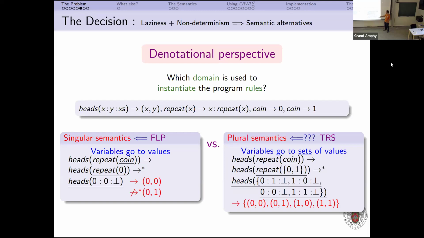Again, we have the same as before, and functional logic programming stands for singular semantics, and term rewriting systems are supposed to stand for plural semantics, where variables go to sets of values. So coin can be evaluated to a set, which is the set containing 0 and 1. Heads goes to a set of four elements, which is 0, 1, 1, 0, 0, 0, 1, 1, giving rise to four possible